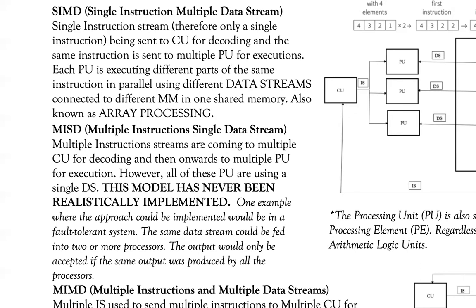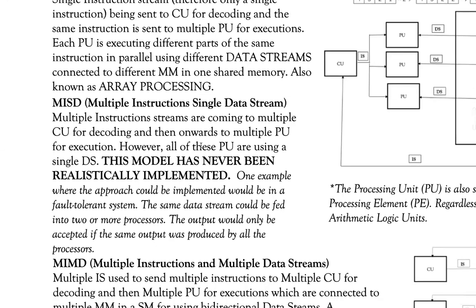And how is this multiple instruction in a single data stream? Most importantly, I've got multiple processors. Even though it's not meant for executing the same instruction, we are just thinking of a possible application where this can be used. Multiple processors execute instructions on their own. They're separate instructions; coincidentally, they are the same instruction because we want to see which one is producing the same result. The data set has to be the same. The result to be used here will be the one generated by the majority of the processors. But apart from that, there is no other practical application for MISD.